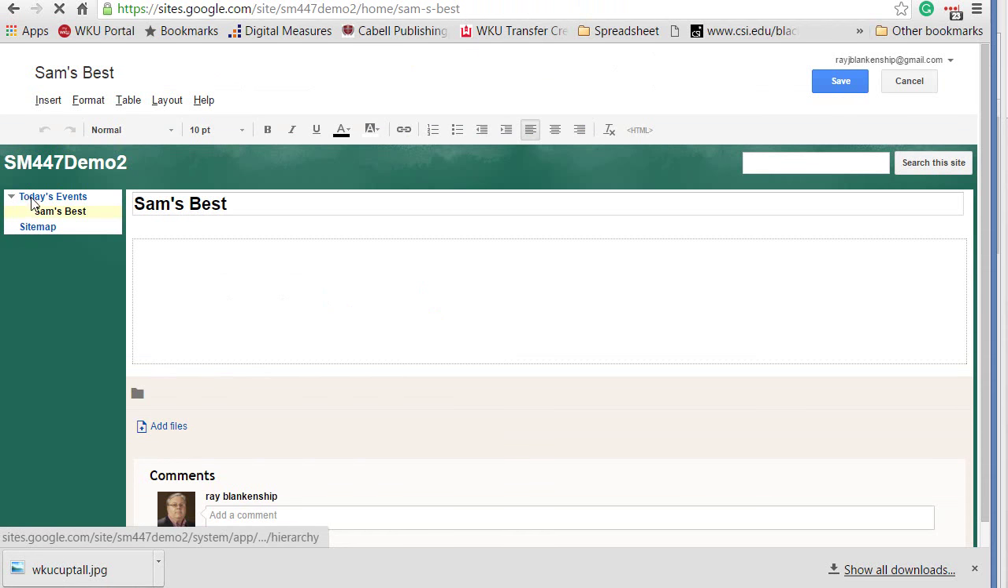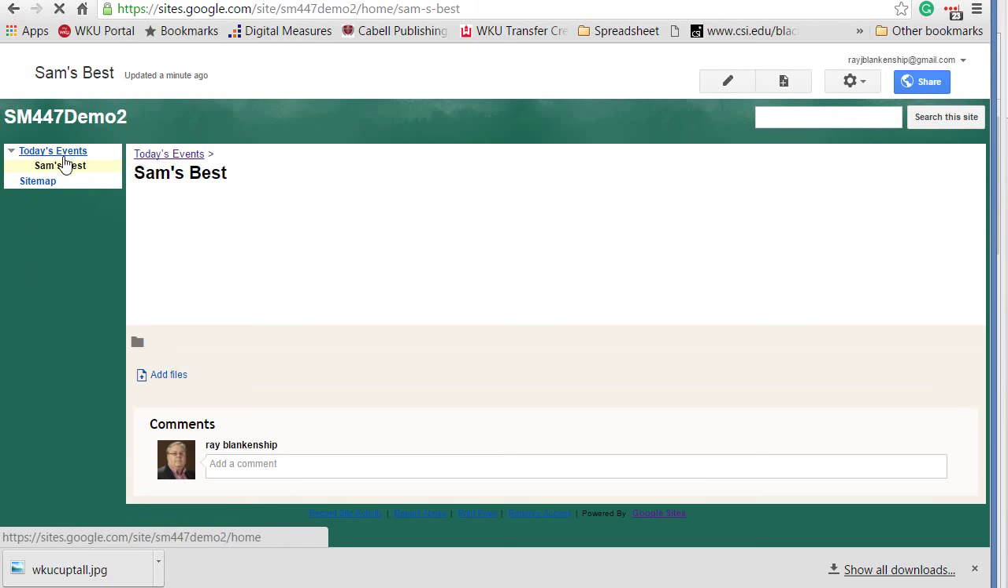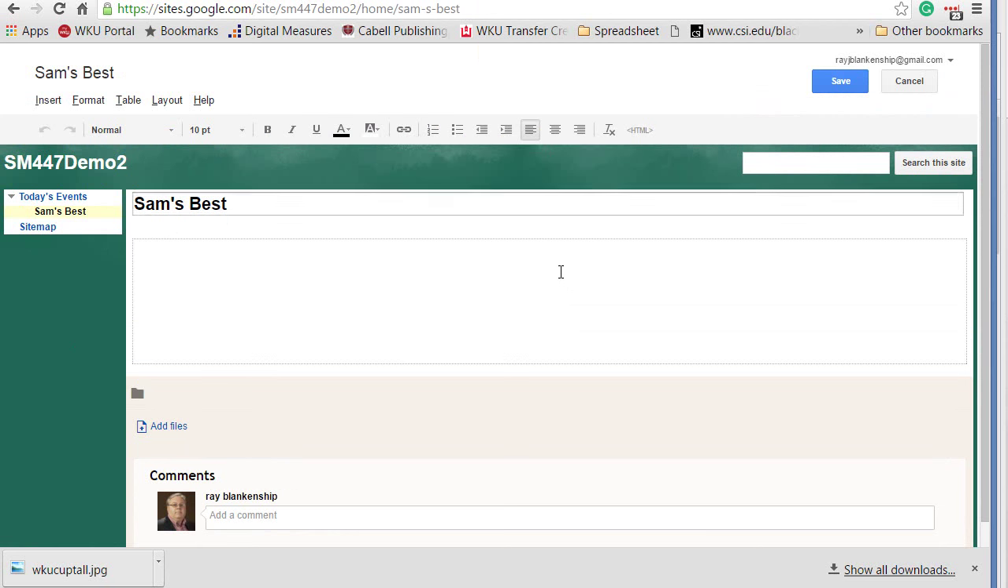And so you'll see here's today's best. That's the page we were working on. Here's Sam's Best, under today's events. And we go from there. If we want to edit this page,